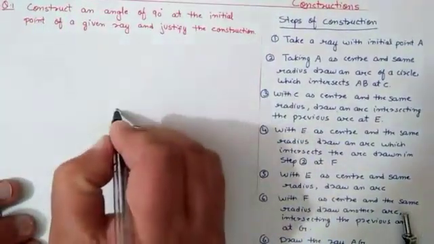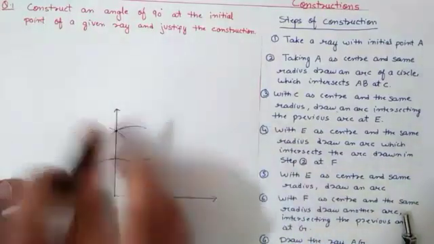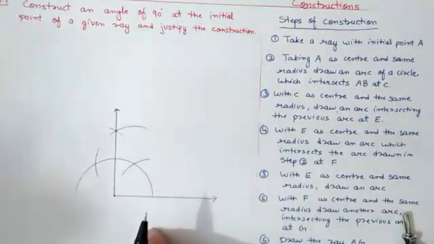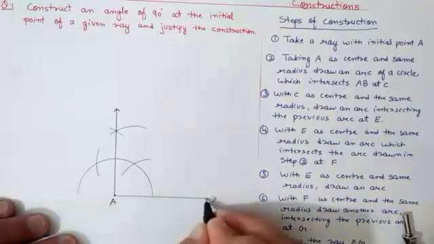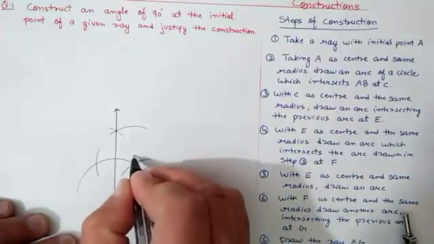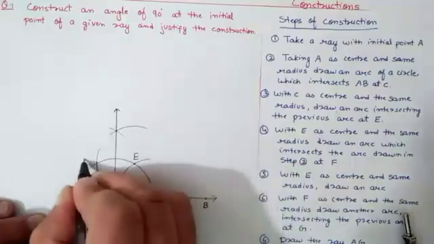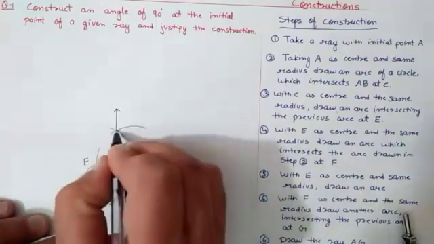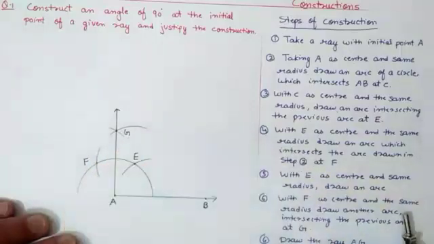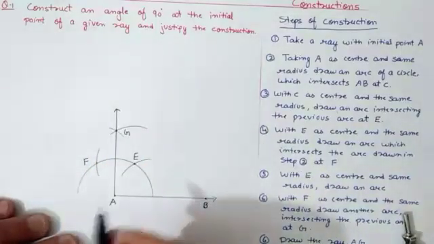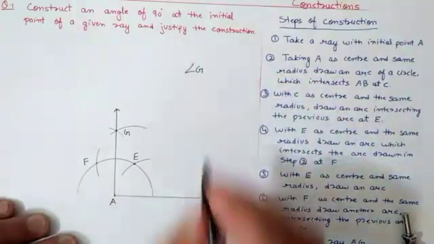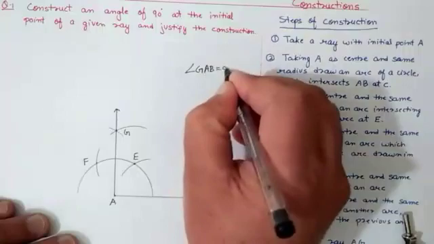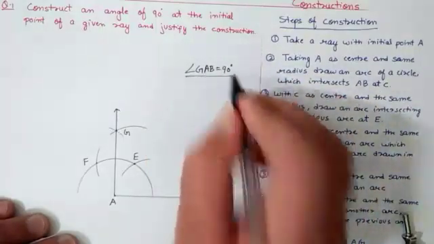After that, make one arrow over here, and now give the names of the points. This is the initial point A. This is one more point B. After that, the 60 degree point you can name E, and the 120 degree arc point F, and where you have got this angle, this will be your G. If you measure it with a protractor, you will get 90 degrees, and you can write it as angle GAB equals 90 degrees.